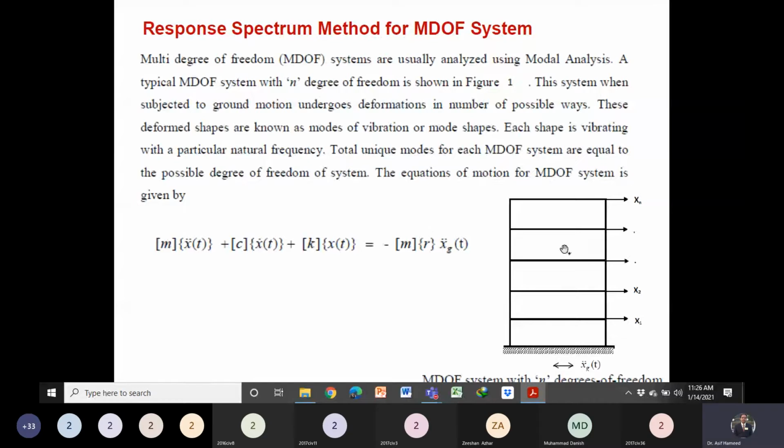Suppose there's nothing here. Only we have these two members. We have mass here. This mass can move in the vertical direction. This mass also can move in the lateral direction. Assume this mass can move in the vertical direction, in this direction, and also in the lateral direction. If the load is in the lateral direction along the x-axis, in which direction will we have the inertial force? Along x or y?